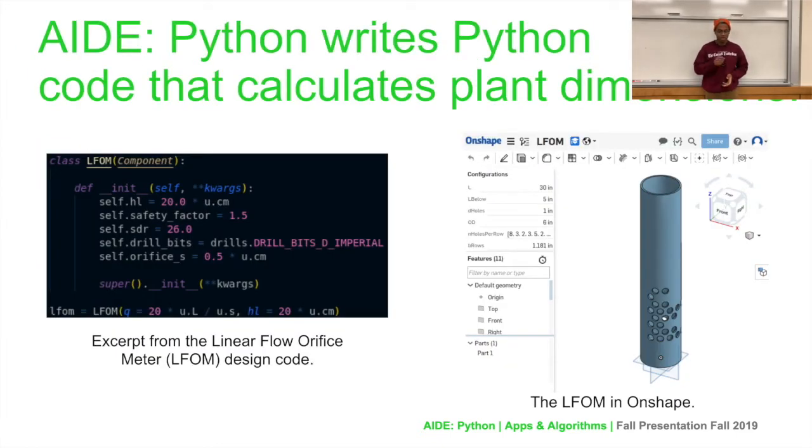So let's move on to just AIDE Python. As you can see here, we have an excerpt of some code. This is part of the Python section of our design code. This is for the linear flow orifice meter, and as you can see, there's a subclass component. What that means is that each component of the plant is